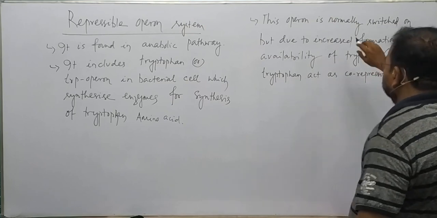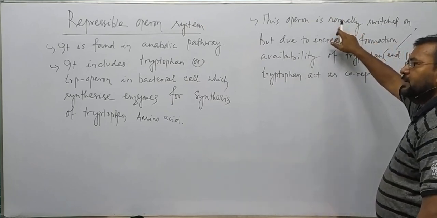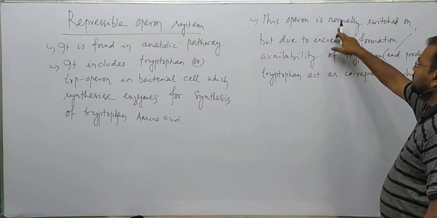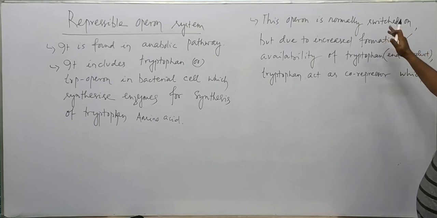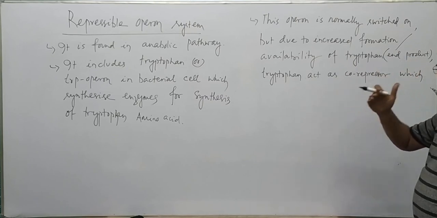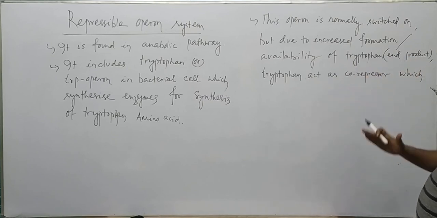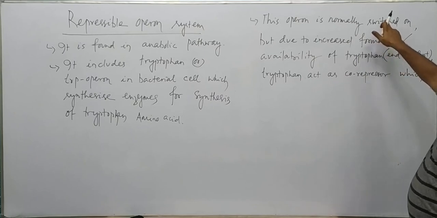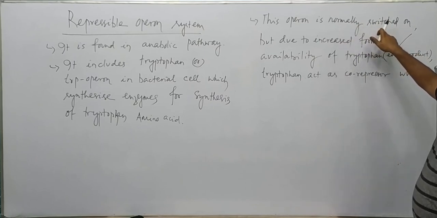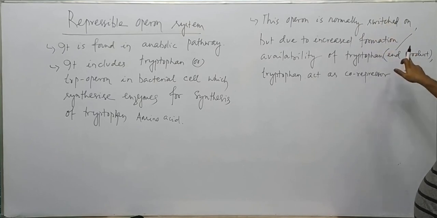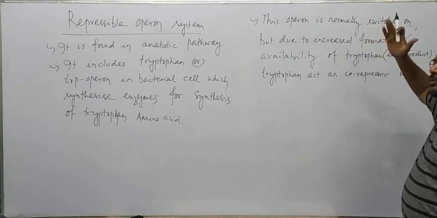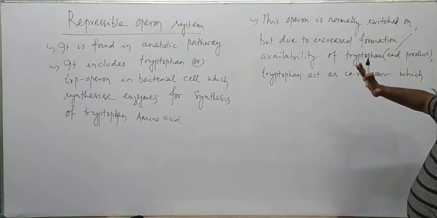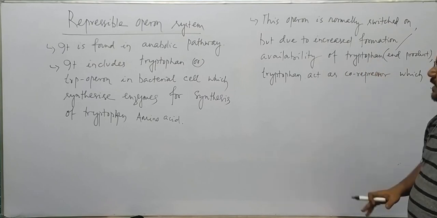So here, the trp operon, a repressible operon system, is normally switched on, and when it is switched on, the enzymes are produced, and the enzymes go on synthesizing the tryptophan amino acid. Because normally it is always switched on, unless the end product is accumulated. So when it is switched on and the tryptophan production continues, tryptophan is being used inside the bacterial cell,